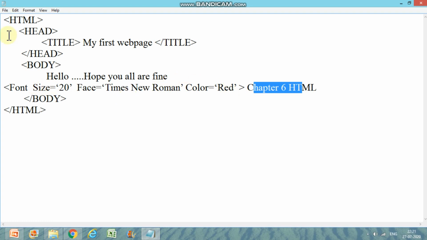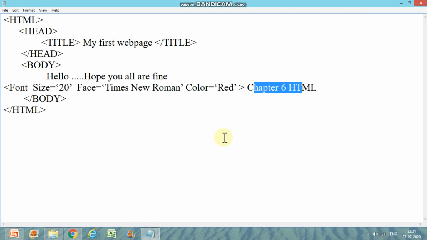Okay, let us see. Again I am going to File, Save. I am going to my browser file and I am going to reload. Have you seen chapter 6 HTML? So it is not coming in red color. Let us see again. There is some error. See, you can correct the error also. There are no issues as such. Okay, it is not coming in red color, so I can change. Again, if I write blue, let us see, because every color has a code, sometimes it doesn't take.